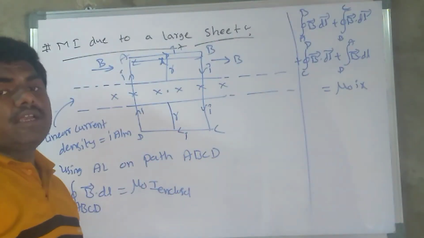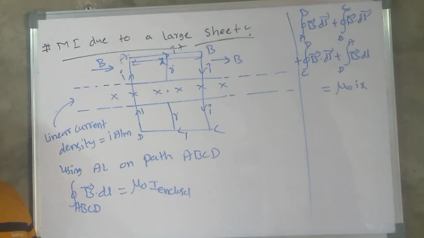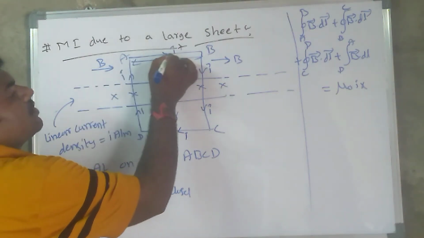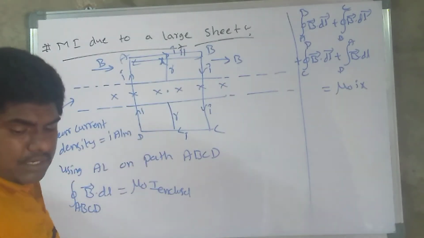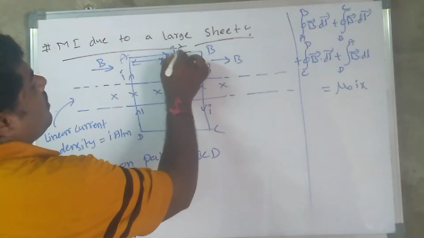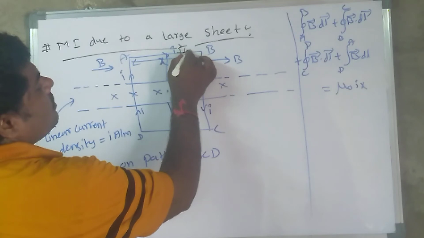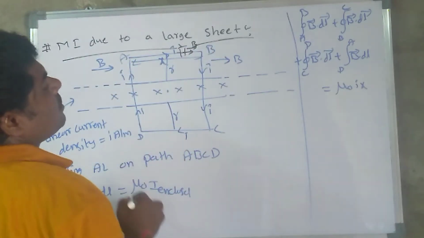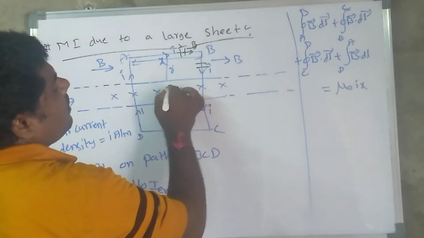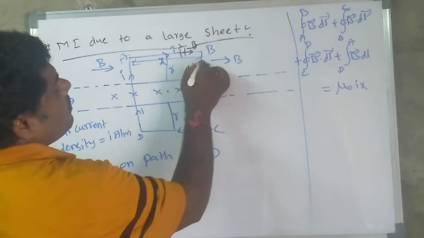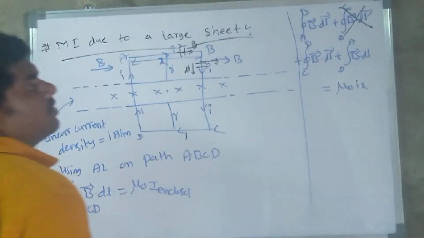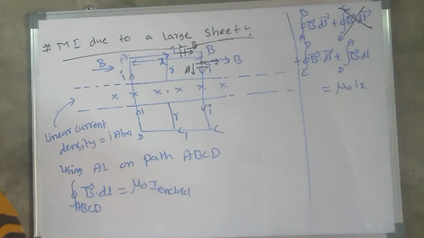So for the integral of B dot dl: here the magnetic field is in this direction, and this is a small elemental length, whose direction is also the same as the magnetic field. Similarly for B to C, let us consider a small dl. This is the dl direction and this is the magnetic field direction. Both are at 90 degrees, so B to C vanishes because of the angle of 90 degrees.